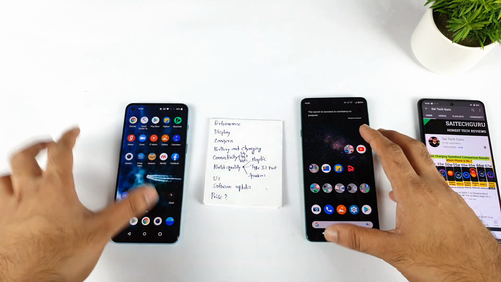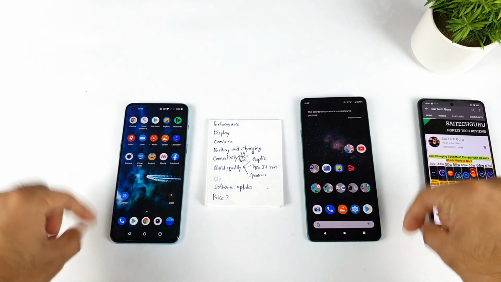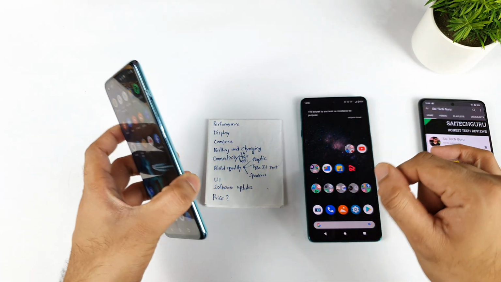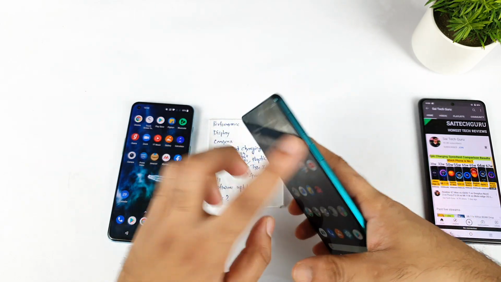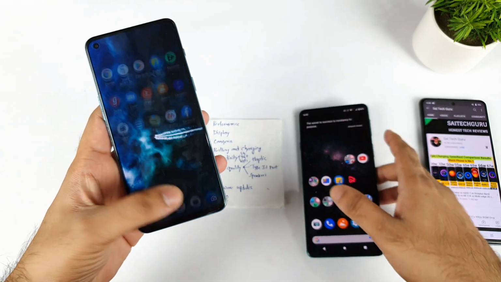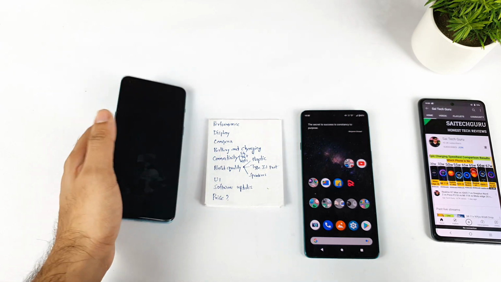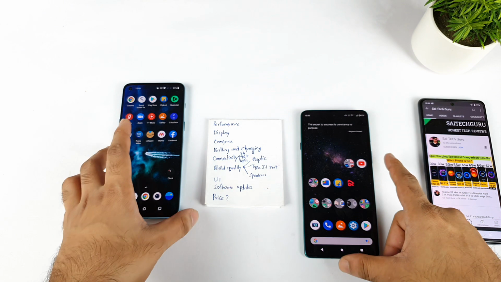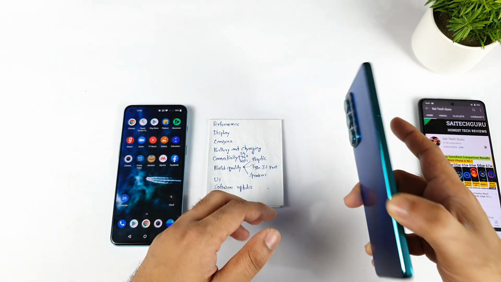Build quality wise and haptic feedback wise, the OnePlus Nord 2 is slightly better, and there is no 3.5mm jack. Dual speakers in the OnePlus Nord 2 are fantastic. That's really good. The Moto H20 has a single speaker and a side-mounted fingerprint scanner, while the OnePlus Nord 2 has an in-display fingerprint scanner. That's also a slight advantage for the OnePlus Nord 2, because I think an in-display fingerprint scanner is really good and convenient for a lot of users, since you can unlock easily when the phone is on the table.